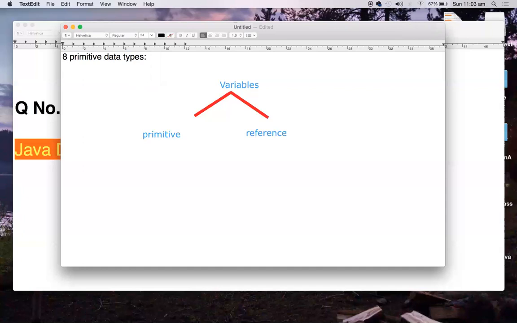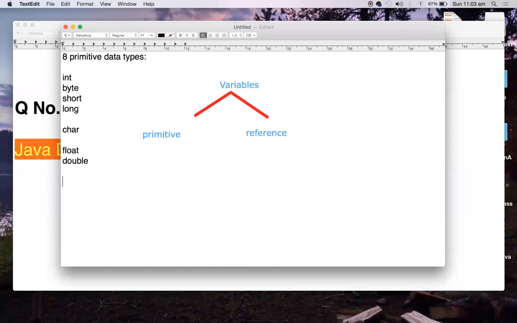We have 4 integer types: int, byte, short, and long. Unlike C and C++, we don't have short int and long int. It is just short and just long. We have one more integral data type, called char. Then we have two floating point data types: float and double.